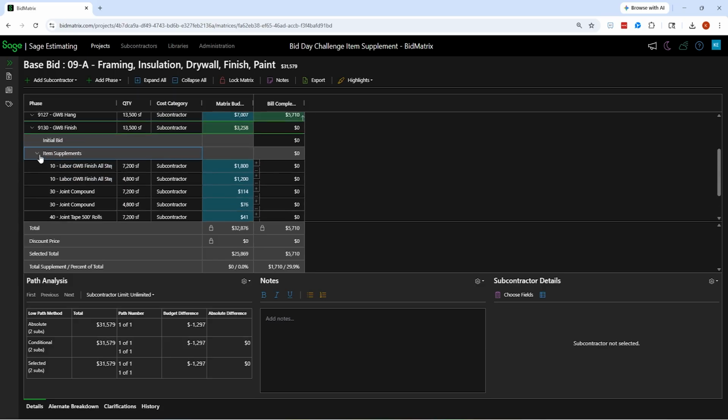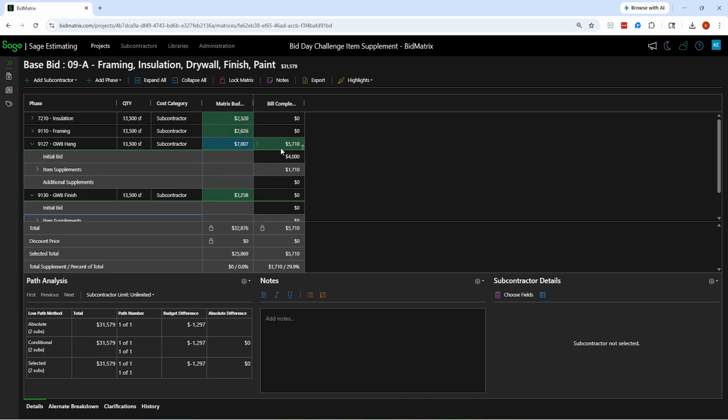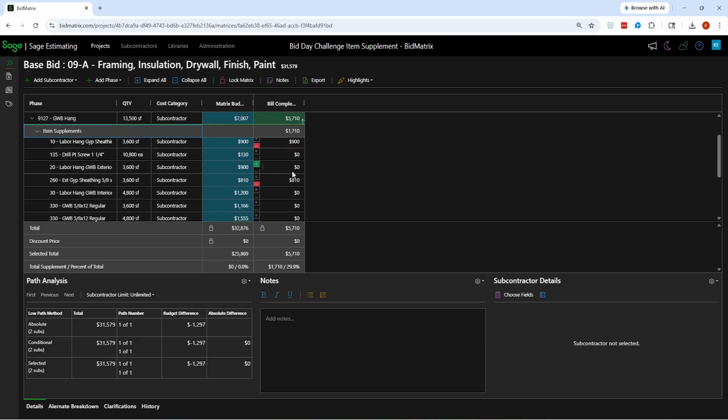So very, very powerful. One of the challenges of bid day, the true bid day challenge, is: is this number complete? Is this number accurate? So there again, I started off with the $4,000 bid. I was able to take line items from my estimate and say either plus or minus. Plus would just say it's included and not need to add any money. But if I hit a minus, that would be another set of dollars for what they didn't include.